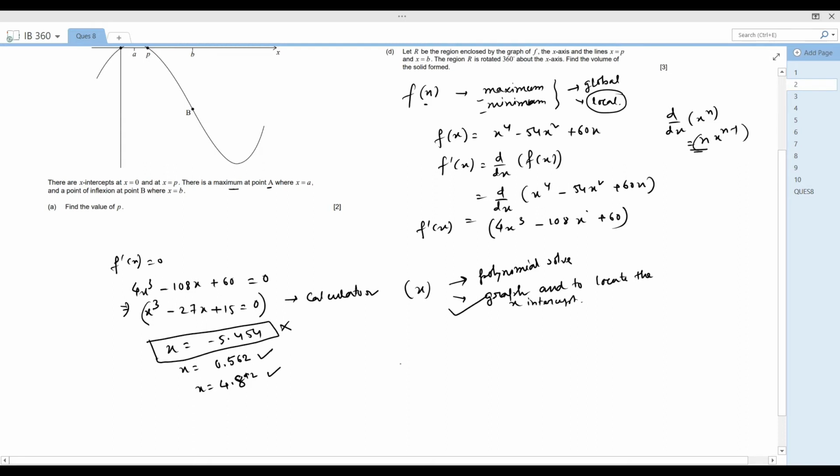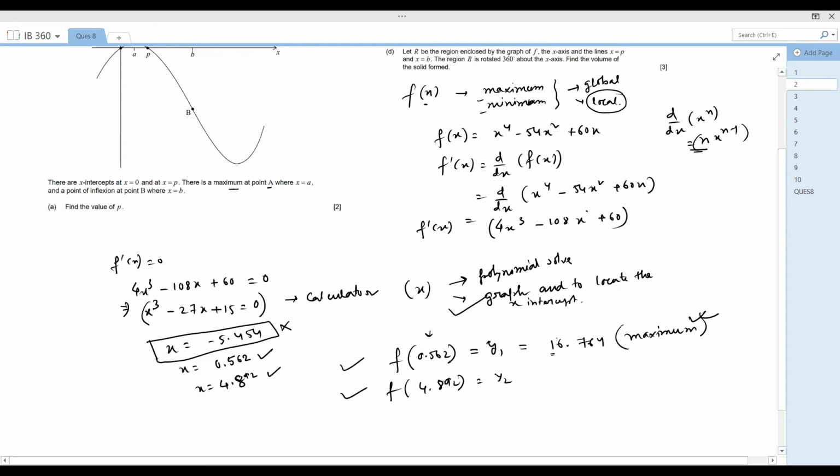Now the thing is, you can do this like 0.562. From here you can find the value of y1, and from f of 4.892 you can find the value of y2. So as I have checked by calculator, you can also check this by calculator. It can take some 30 to 60 seconds. Just you have to give the equation and just the value of x you need to find out. So for 0.562 it will have the value 16.764. So this is the maximum point. This is the maximum point and I have checked that. Okay, so this is the maximum point.